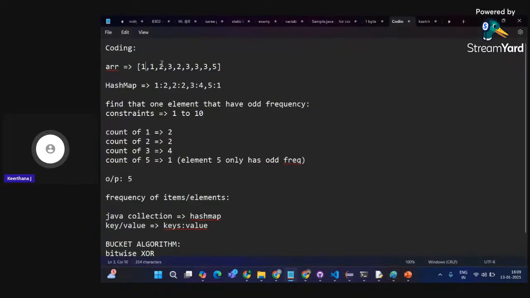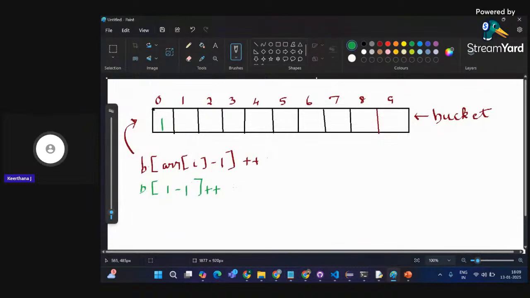Now next, I'm going to increment my I value. Now ARR of I again becomes 1. So B of 1 minus 1 plus plus. Why I'm decrementing by 1 is because my range is from 1 to 10, but my indexing starts from 0, right? So that's why I'm doing like this. Now again ARR of 1 minus 1 will be 0. So again it will be getting incremented, so it becomes 2.